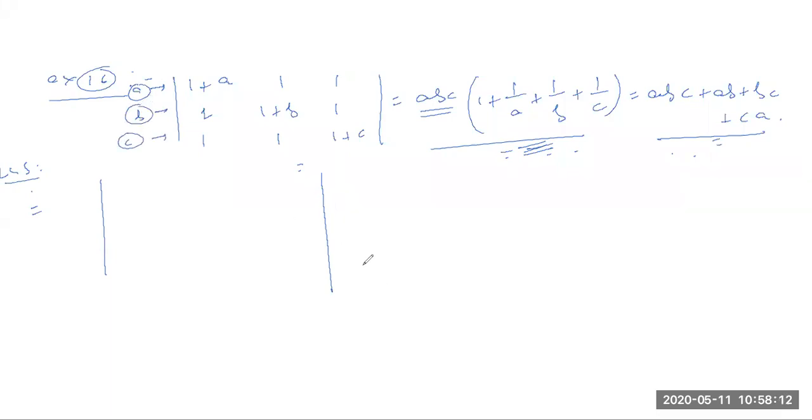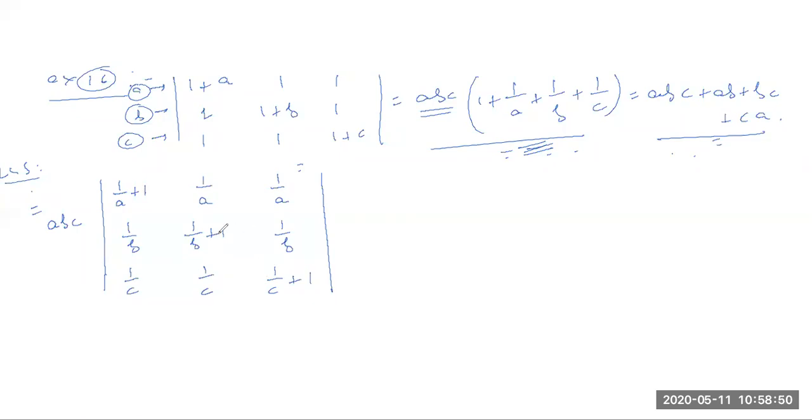Okay, so do the same thing. If we are taking abc common, this common comes outside. But A is not present anywhere in this, so if it is not present and still we are taking it common, obviously we need to divide also. So it will be 1 upon A plus 1, 1 upon A and 1 upon A. Similarly, it will be 1 upon B, and 1 upon B plus 1, and 1 upon B. And this side will be 1 upon C, 1 upon C and 1 upon C plus 1. Okay, we got this much.